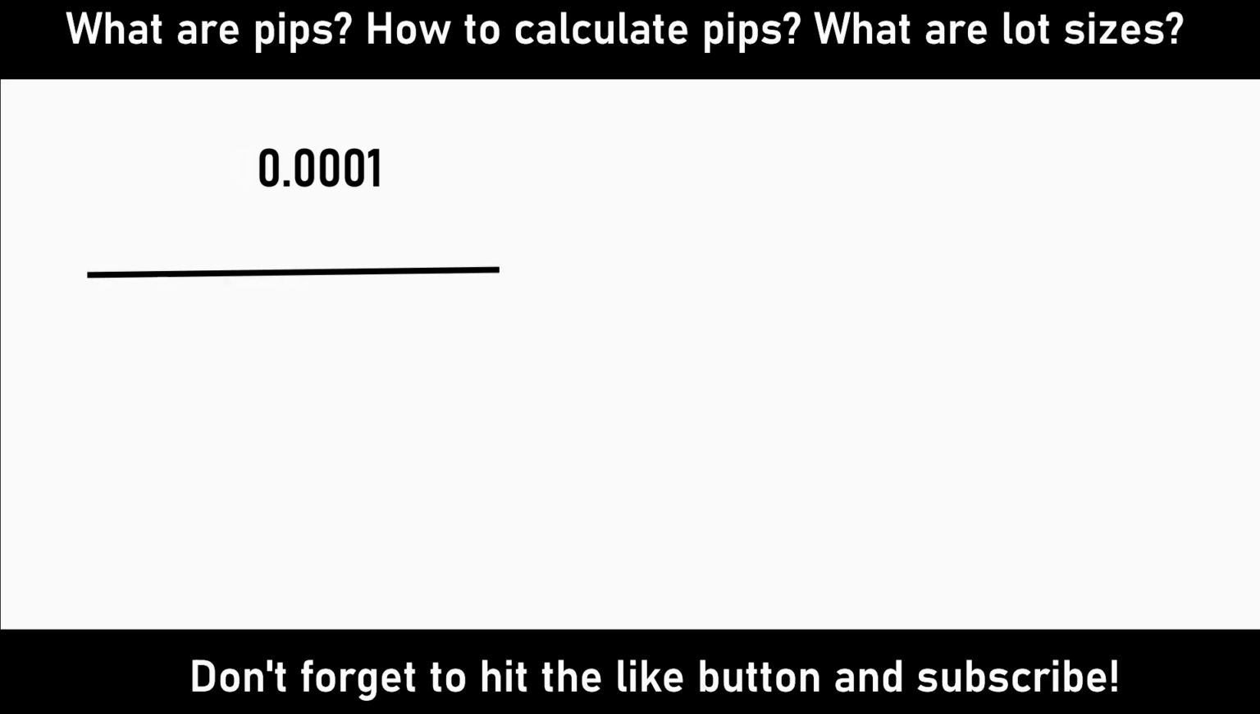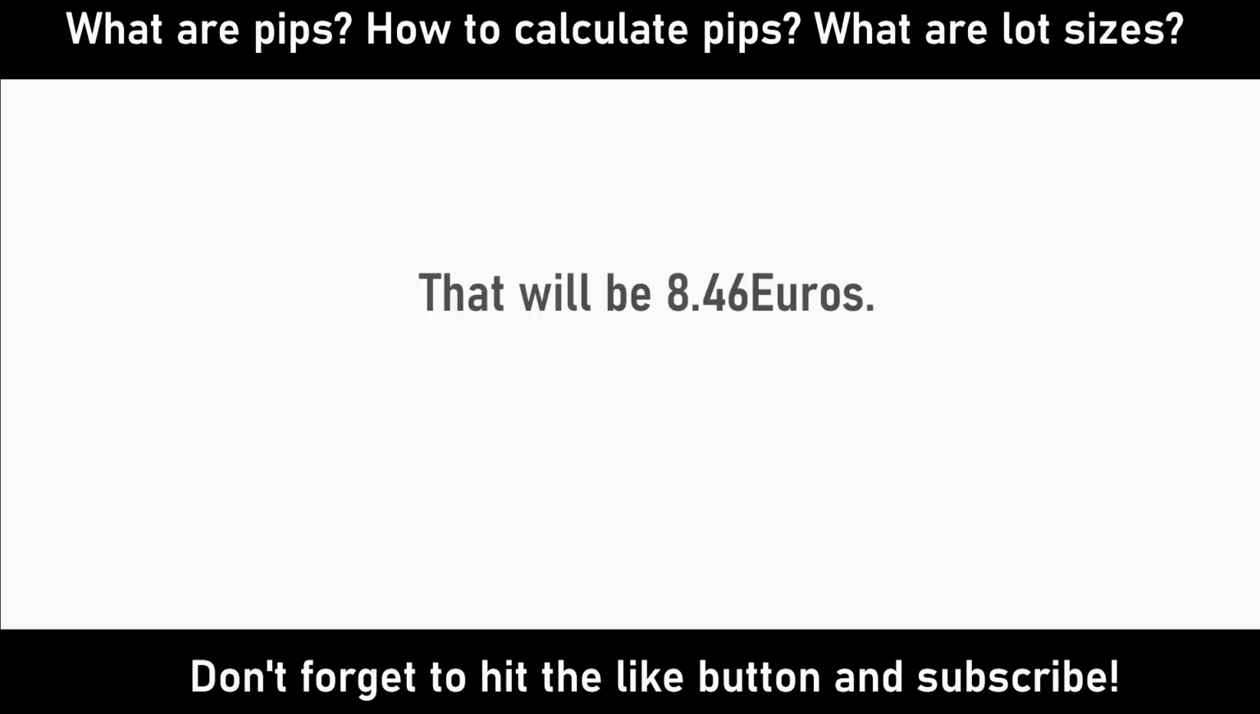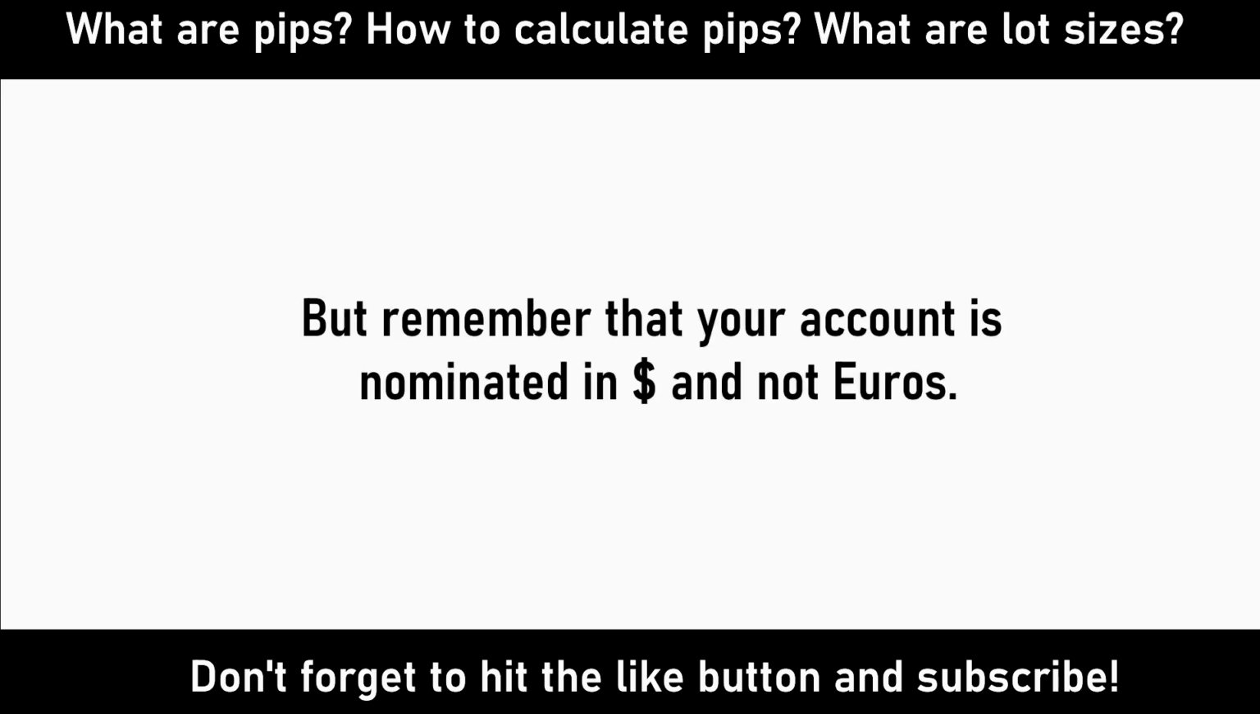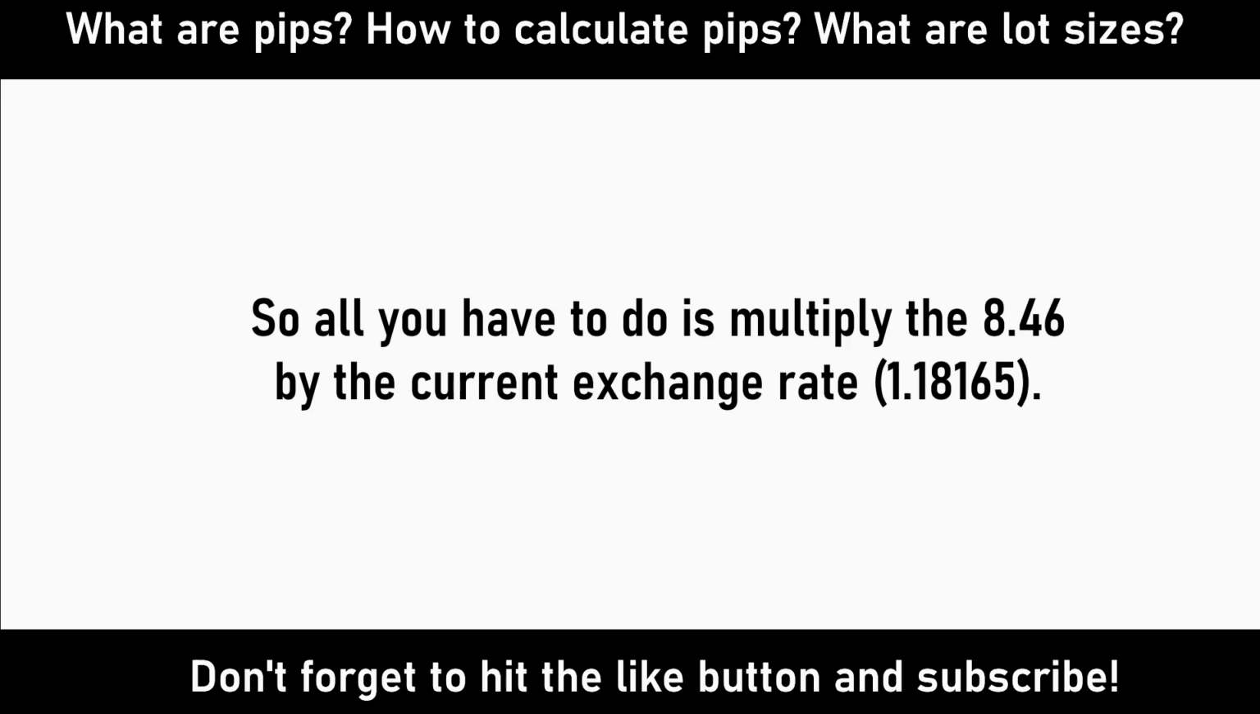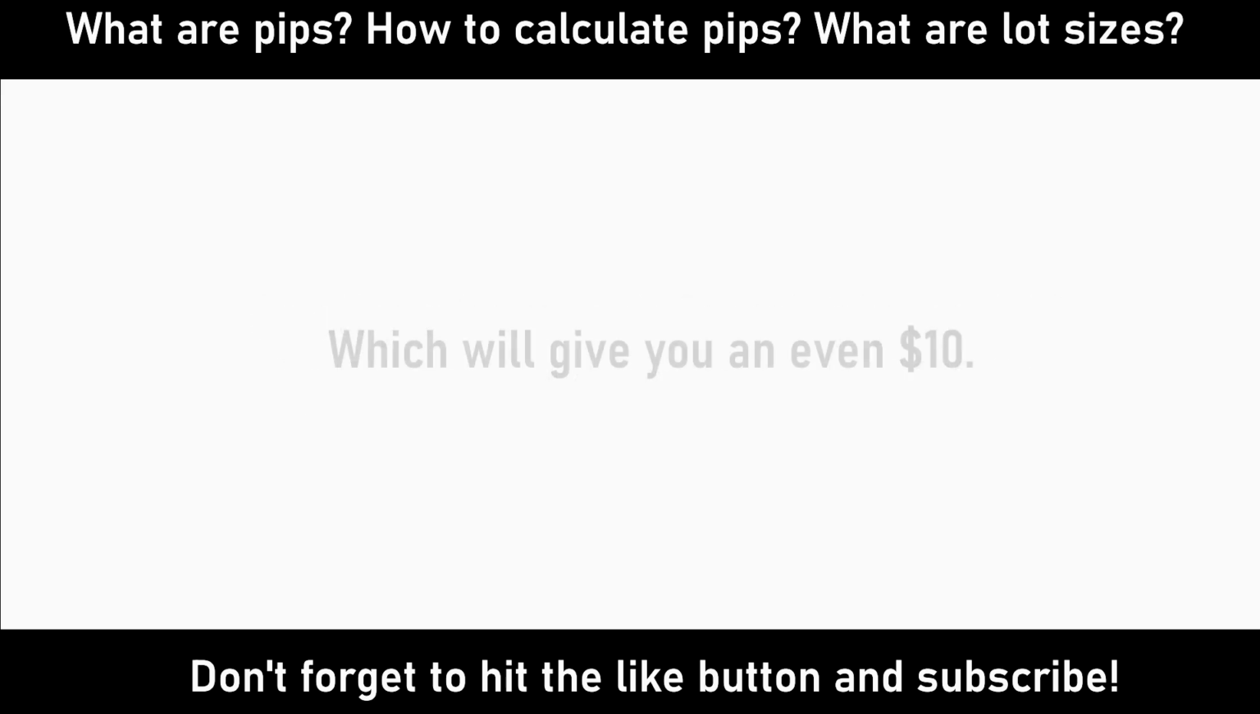We divide that by the current exchange rate. We multiply that by 100,000 units in base currency, in this case being the euros. That will equal 8.46 euros. But remember that your account is nominated in dollars and not euros. So all you have to do is multiply the 8.46 by the current exchange rate, which will give you an even $10,